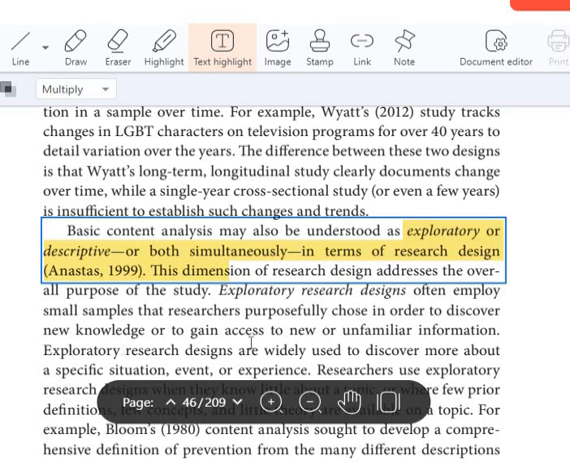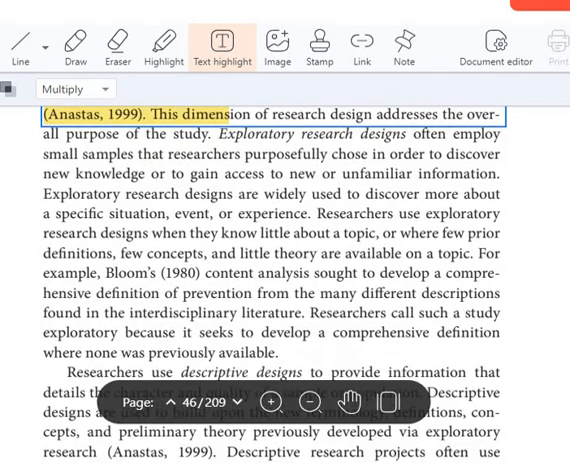And the exploratory designs are actually widely used to discover more about a specific situation, event, or experience. But it's not used widely here in basic content analysis. In the longitudinal or explanatory research designs, you explain because you observe over a long period of time, and you give exact characteristics of the samples. Researchers use exploratory when they know little about a topic or where few prior definitions and concepts are found